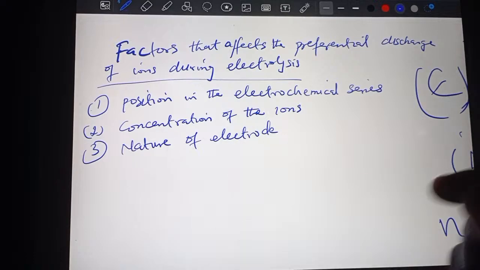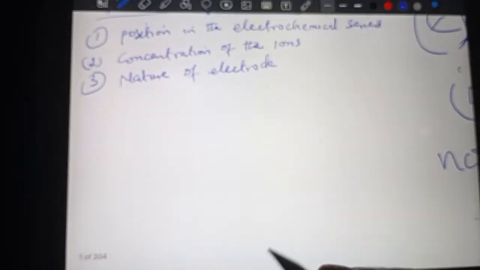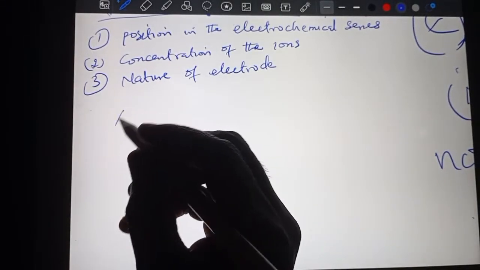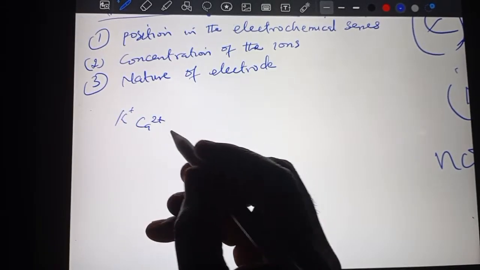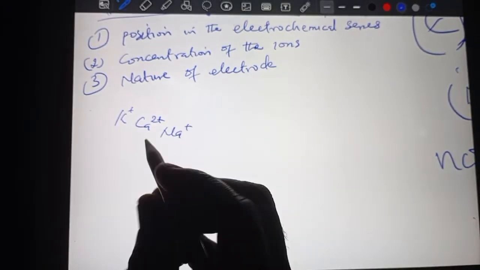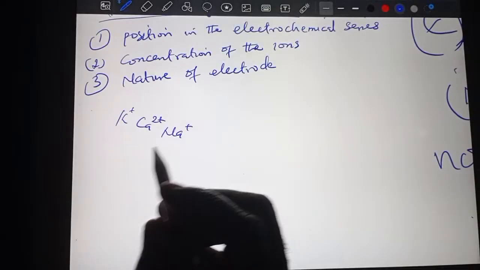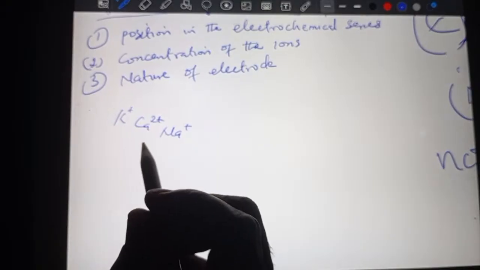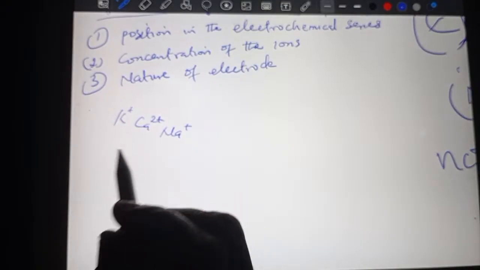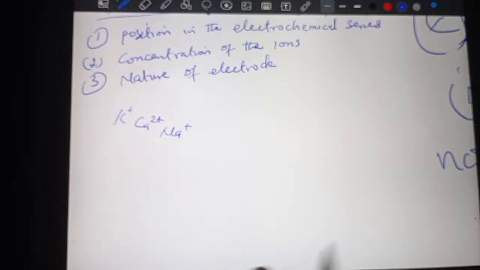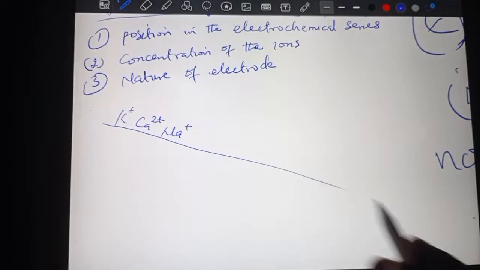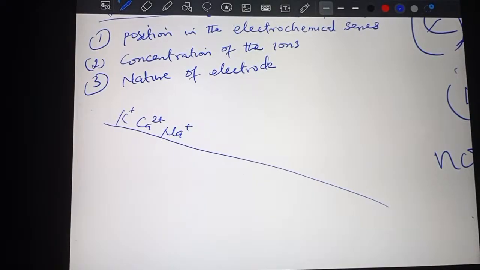For the first one, you just have to write the electrochemical series, which has potassium. Though in your book they skipped calcium, sodium. Don't correct me, don't tell me it is potassium, sodium. No, that one is the reactivity series of metals. But in the electrochemical series, the correct order is potassium, calcium, sodium. That's the difference. Even though the reactivity series and the electrochemical series look as if they are the same thing, they are not exactly the same.